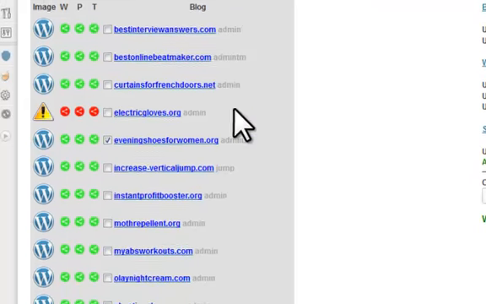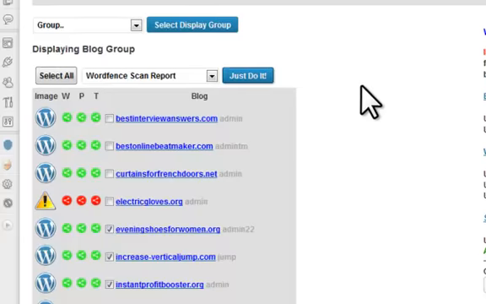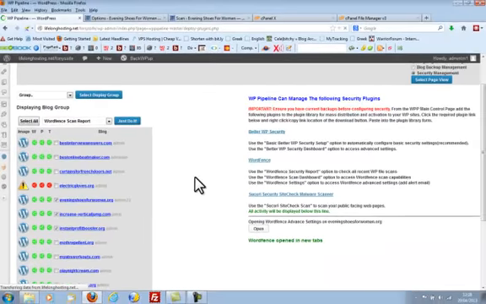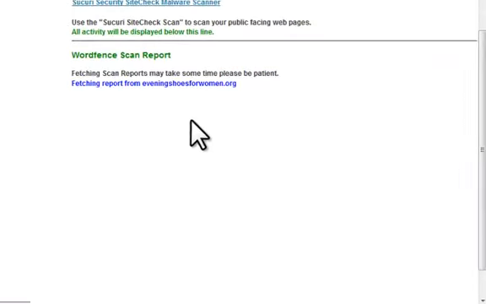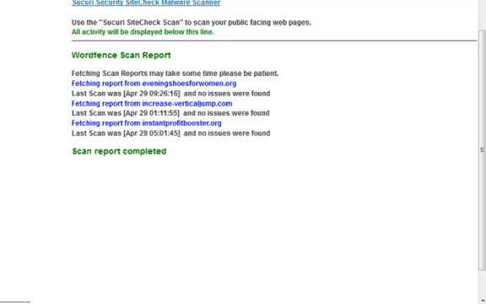And again, if I select the 3 blogs that we installed earlier and just run a short report on that, it will go off and check each of those blogs in turn. And again, the information will be shown on the right-hand side over here. And it will tell you if there's been any issues or not. So as you can see in this case, there's no issues, so there's no problem with the scan. Similarly with the next blog, and the same with the third blog,